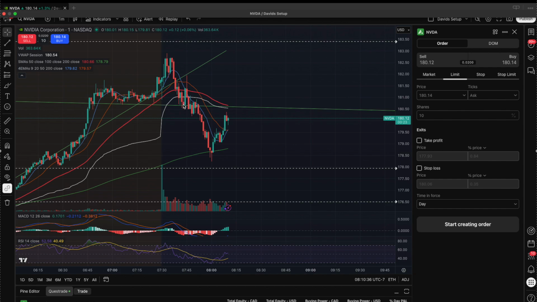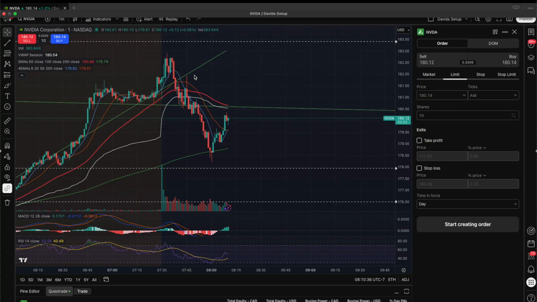So we broke below the VWAP here, then we had a nice candle. This green line here is a 1 hour trend line where we broke above, and this is a heavy area of resistance. So this trend line is the downtrend. So anything keeping above this for a long period of time would tell us that the price can move further upward. But we had a break below VWAP, which is this white line here, and then we had a strong candle. This is literally like a perfect spot for this to reverse.